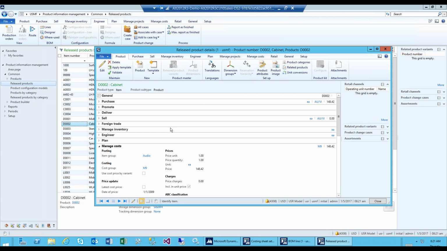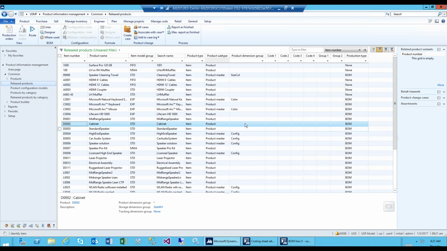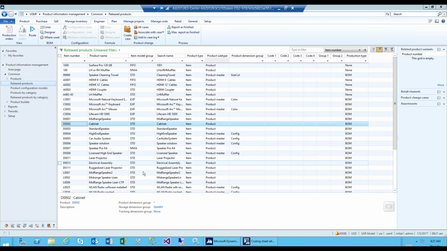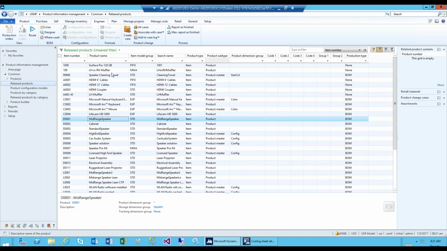The demo was not necessarily liking that from a presentation point, but the cost group is M9 here. So when we do the cost roll, this particular cost for this item is going to show up in this cost group. The other BOM lines are here, just other items that are also going to show up in their various cost groups. And if I go into this one,